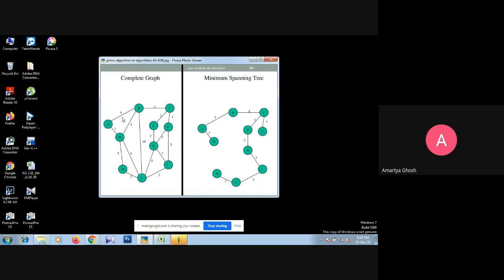That means AB will be chosen, AB will be connected, and then the new node is B. And right now we have to think about A, B, D, these three nodes. From these three nodes, where can we reach? So from A, we can reach B and D, both are connected, so ignore that. Now from B, we can reach C and J, and from D, we can reach J and H.